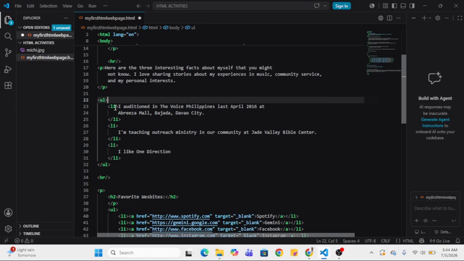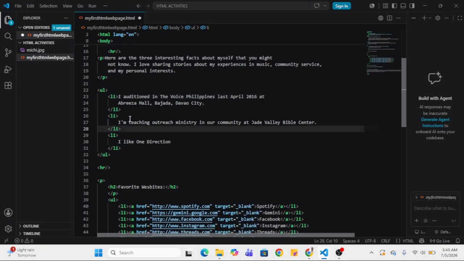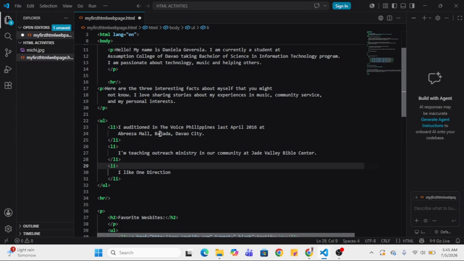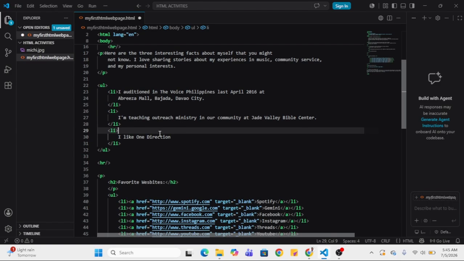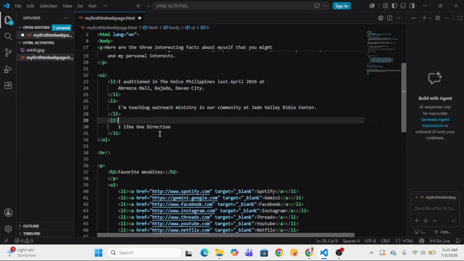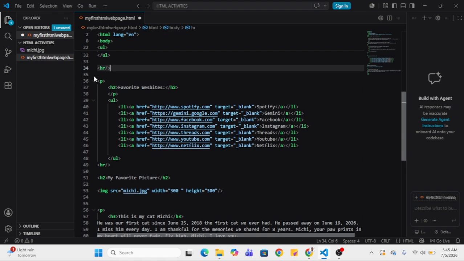The list displays a bulleted form for my facts about myself. If this isn't used, it won't show the three things that I like, or my facts about myself. And we put another horizontal line tag here, and also a paragraph.